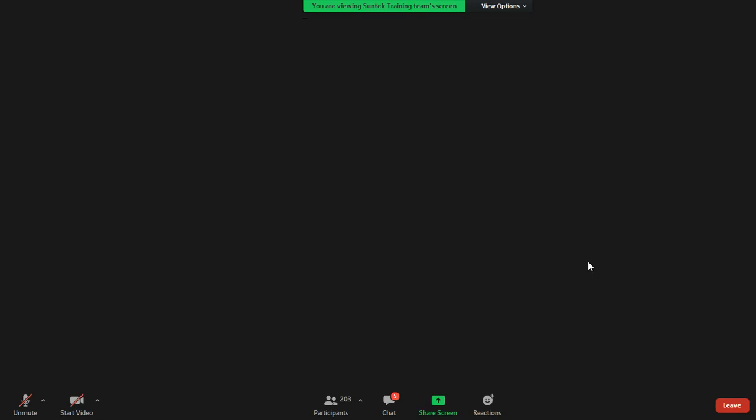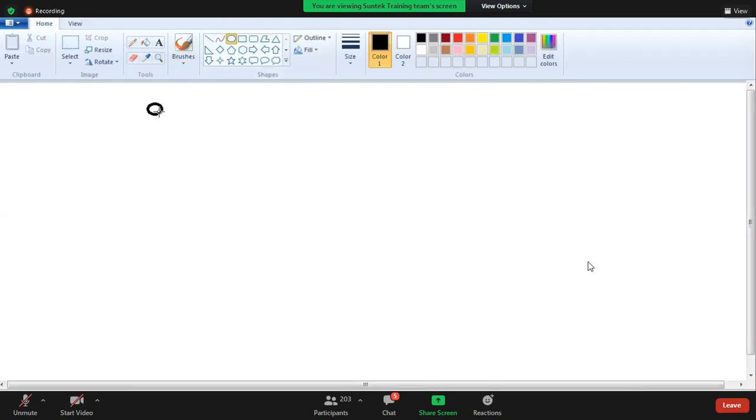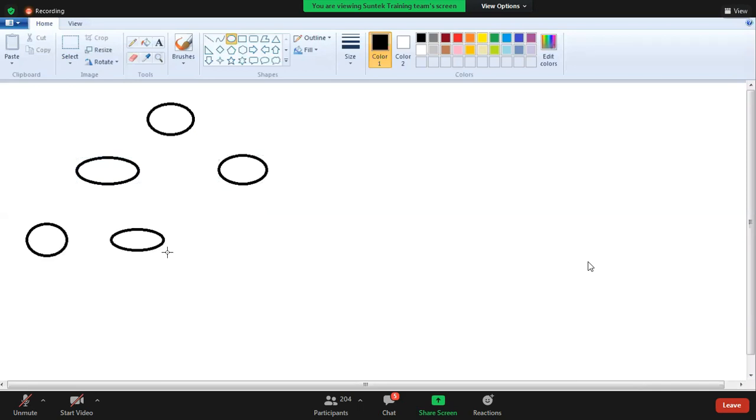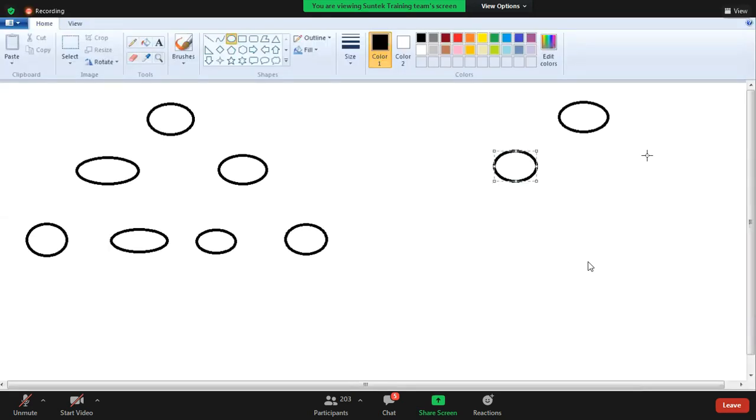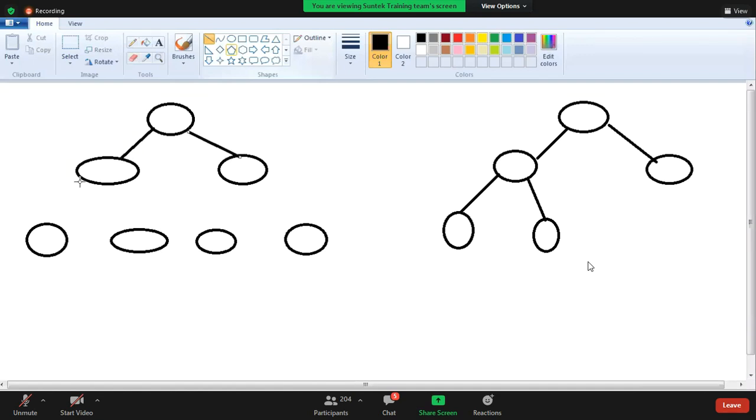See this. It is also a full binary tree.